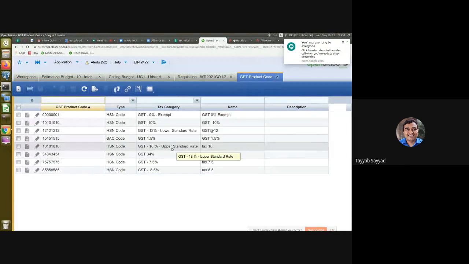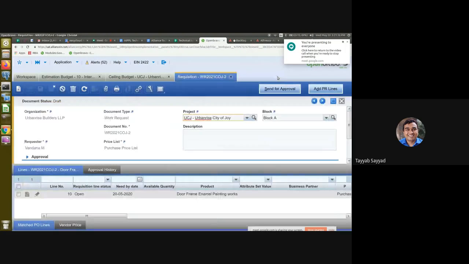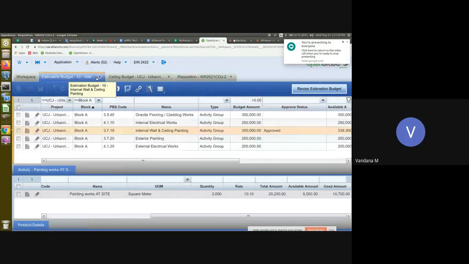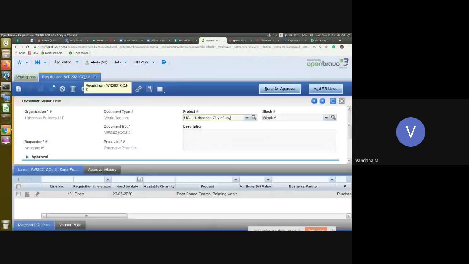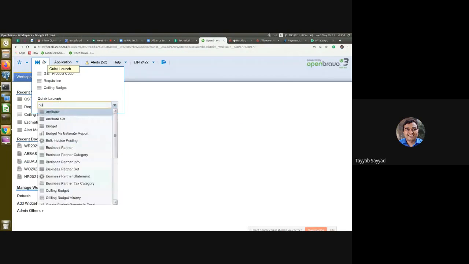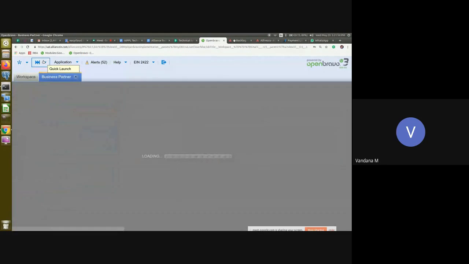So SSC code, HSN code, all these things the accounts team will import one time. And if there is anything new, either Arvind or Vandana or Gopi or Harish, anybody can log in to the system and create the relevant GST products. For TDS, if there is any change in the tax rate, finance will give a reply on that against that SSC code.